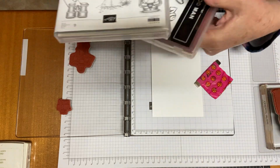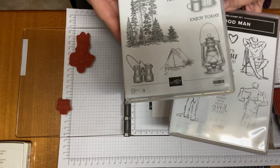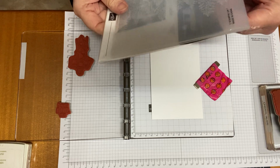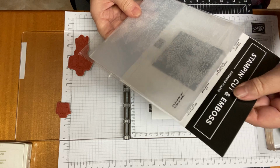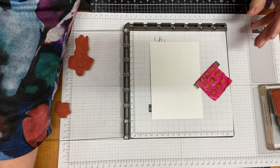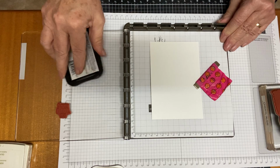I'm going to just do a little card using these two stamp sets, Campology and a Good Man. I've not used this one before. And I'm going to use my fast becoming favourite, the Evergreen Forest embossing folder. Okay, so let's get started. So I'm going to use my Memento and my Stamparatus. You don't have to use your Stamparatus, but doing a scenery card or a card creating a scene,